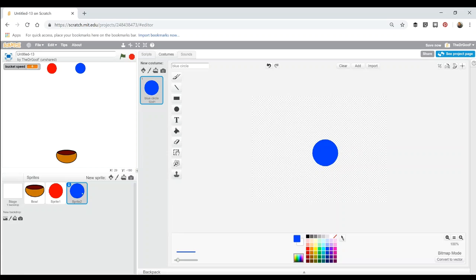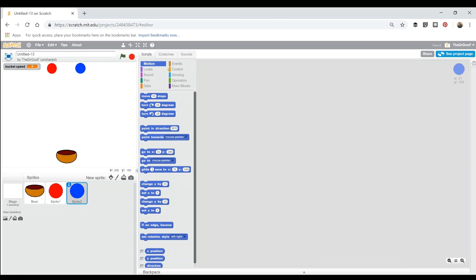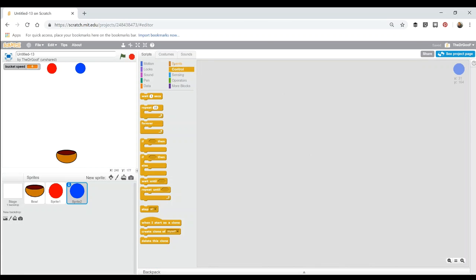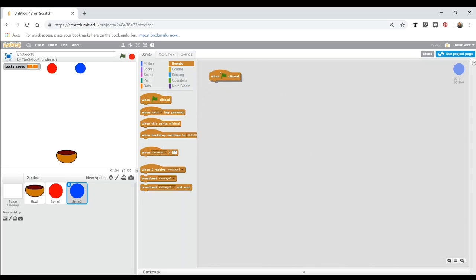Let's start with that. Click on this blue one. I'm going to go into a script. I'm going to add an event, not control. When the flag is clicked and the game starts,